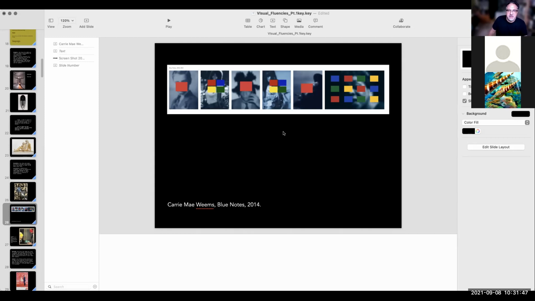environment. And the other thing that I love about Carrie Mae Weems is that her work is photographic in nature, filmic in nature. And so she uses a lot of the visual conventions that you would find in movies. And she tweaks them, but she also includes in that tweak the fact that she is an African-American woman as an author. And that's very significant. So not only in this case,